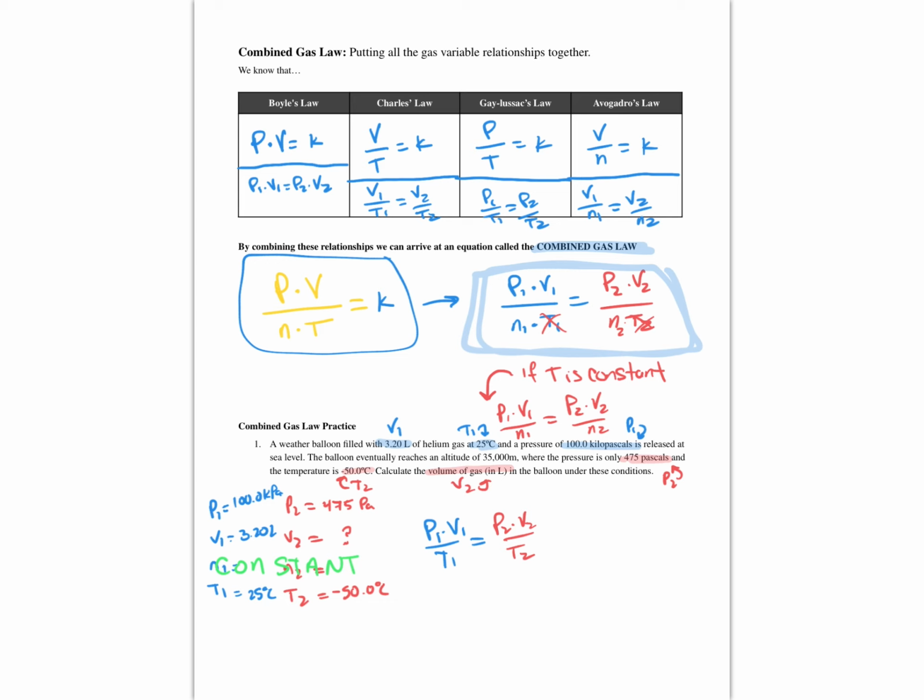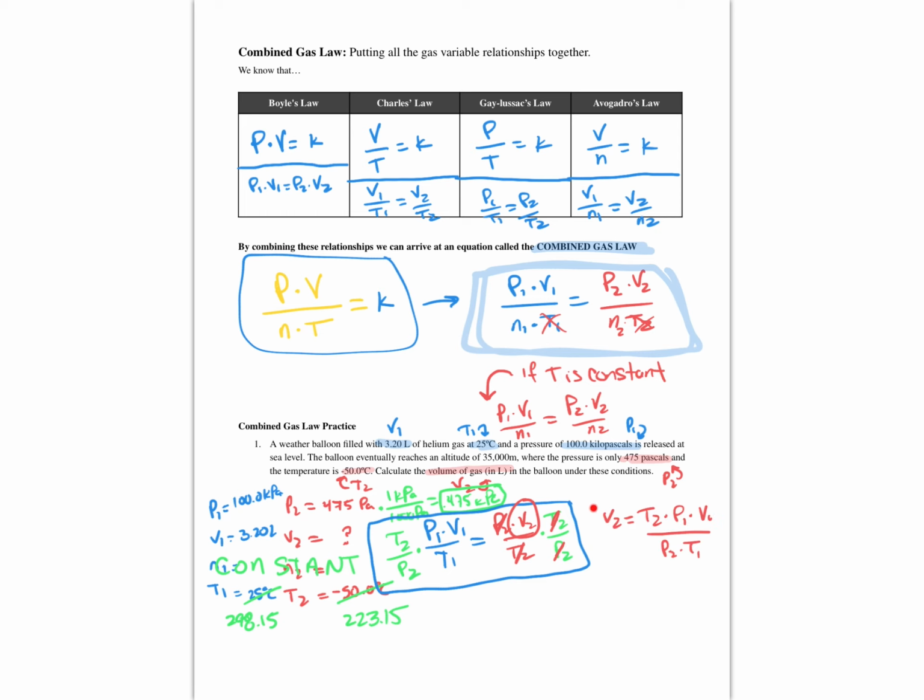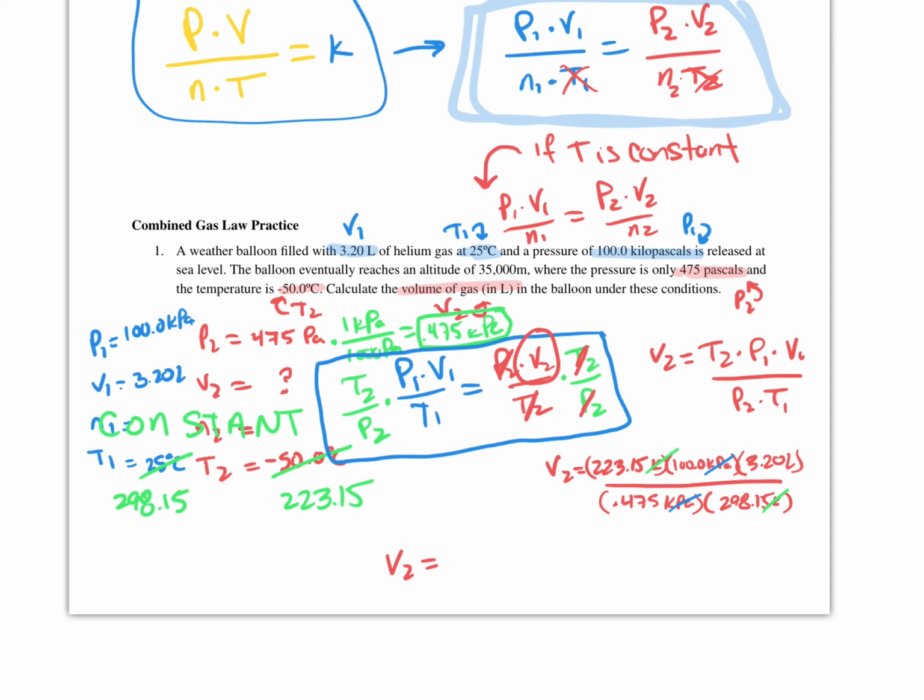Now our pressures have to be in the same unit, so I'm going to convert pascals into kilopascals by dividing by 1,000, since 1,000 pascals are 1 kilopascal. And then lastly, I'm going to add 273.15 to both of these temperatures to make sure that they're in Kelvin, because I need an absolute temperature scale for any of these problems. Since I'm trying to solve for volume 2, I'm just going to multiply both sides by T2 over P2 to get V2 all by itself and move those variables to the other side of the equation. Now I can just input all my values and get my answer for V2, which is